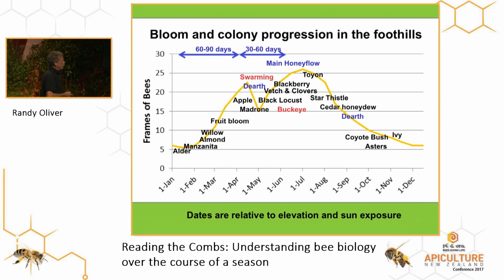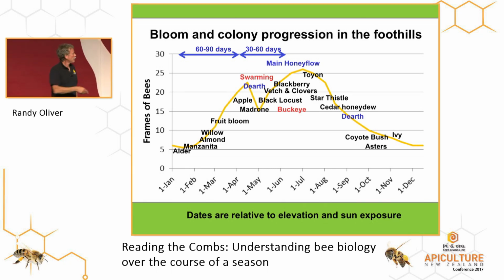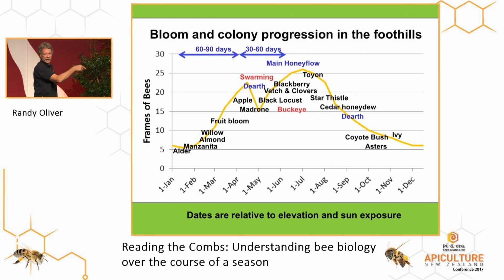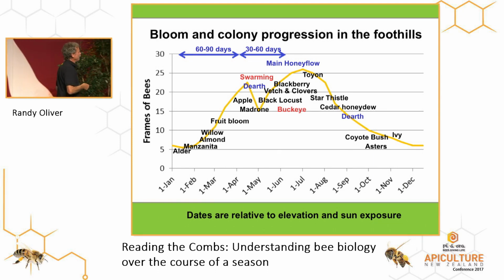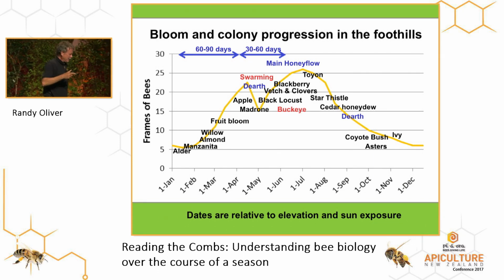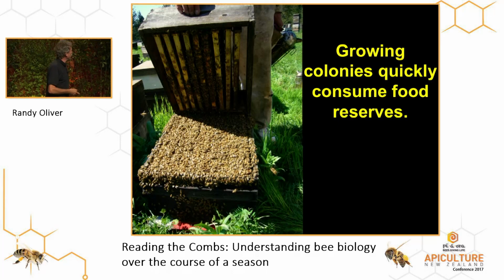So I made this up for my local beekeepers group, where we're starting at winter solstice right here, alder first, and I listed the plants right here. The colony builds up and typically swarms right here. It takes 60 to 90 days typically to build up to swarming, then another 30 to 60 days until they build up to full strength for the main honey flow. And this is where we have that blackberry rust I was talking about. There's not much else coming in, especially this part right here. That's when they just pack the combs full of blackberry rust, and it's just death to the colony. It doesn't kill them; they just dwindle, and they look really lousy. I'll show you how to tell later on.